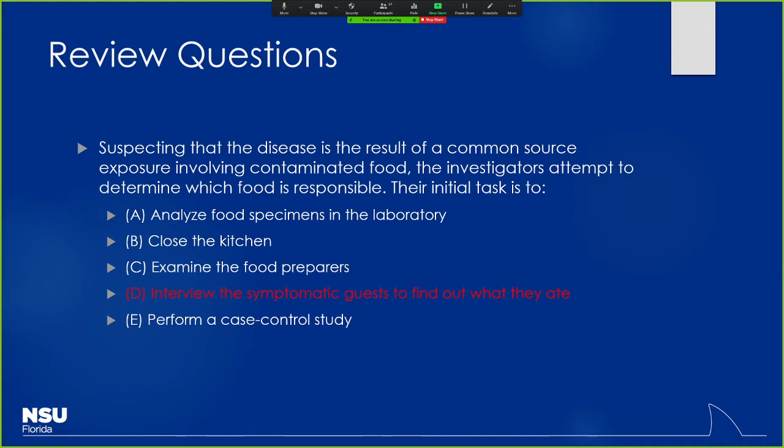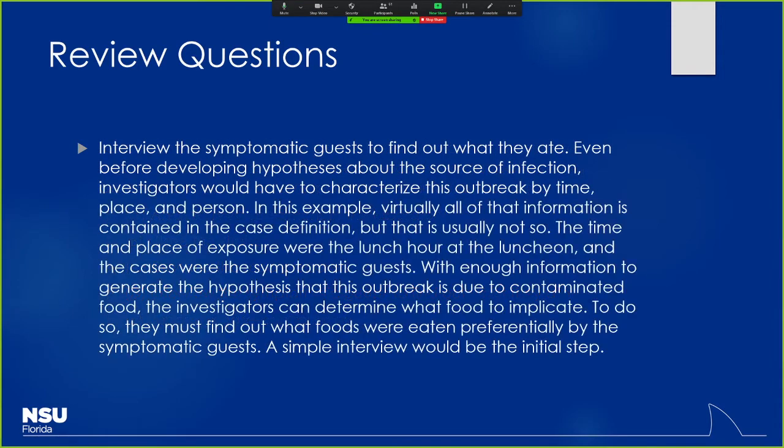Now, in cases like this, it's not usually that the entire kitchen is contaminated. It could be, if the common source was a food preparer who happened to be sick and was contaminating food, but it's probably not necessarily that. It's probably an individual food item. So, down the road, is it necessary to analyze food specimens? Perhaps. Do you need to examine the food preparers? Perhaps. But initially, this is what you want to do to try to isolate what food it was. And if you find that all the foods were contaminated, then that leads you down a different road than if it was just one of them, right?